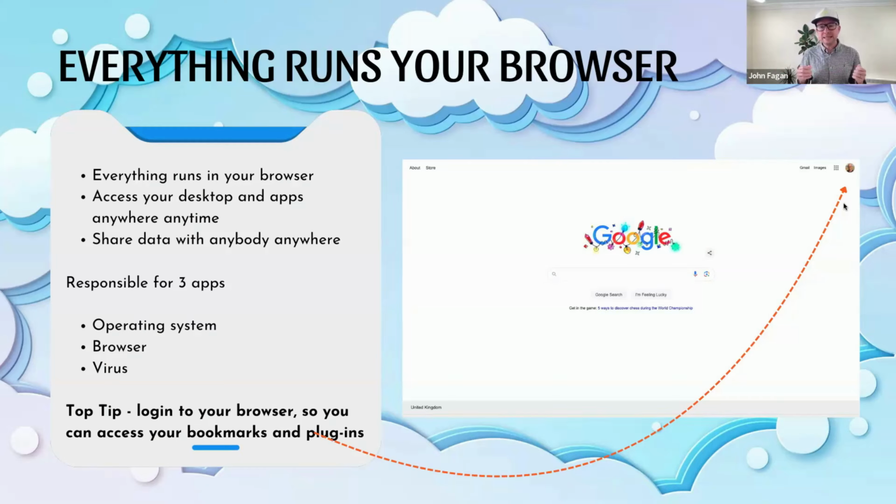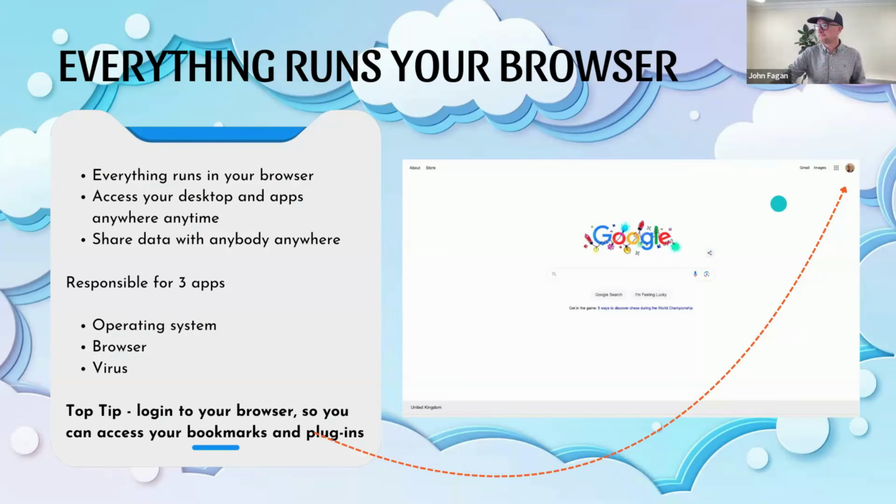So you only then need to know your login to the browser. I mean, basically with Microsoft Edge, it's your actual Office 365 account. With Google Chrome, it's your actual Gmail account or Google Workspace account. So when you log into that, that's why I say it brings the desktop with you, because all your bookmarks come with you, all your browser extensions, and all your passwords. So it's super easy to do. And a lot of people don't do that.